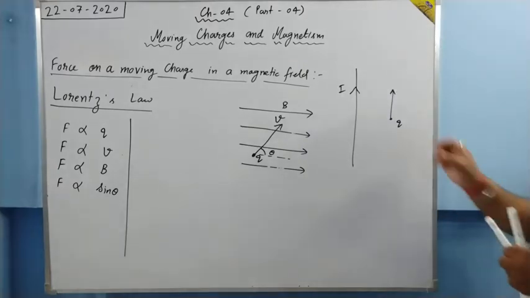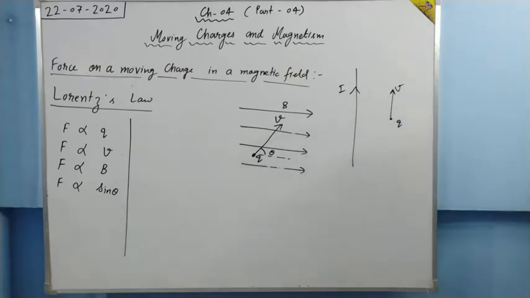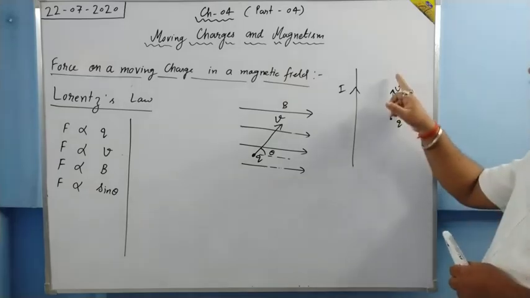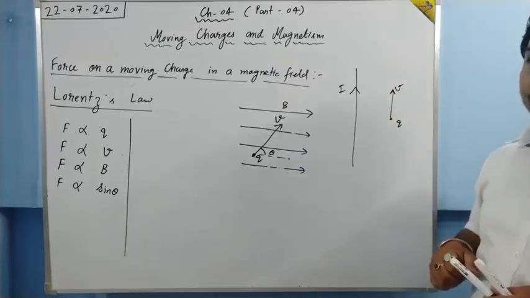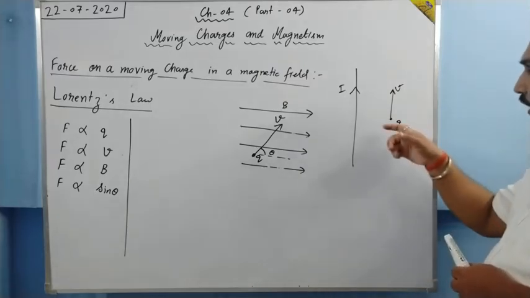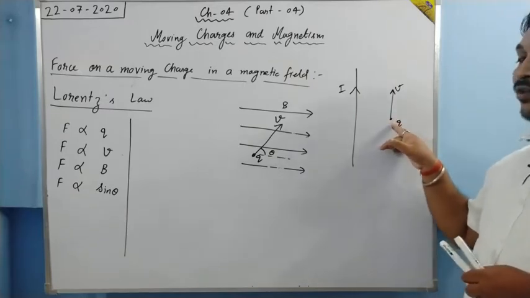Okay, suppose we hit the Q like this. What we have given? We have given Q a velocity. Now what we found is that this charge doesn't go in a straight line. It deviates. So when it deviates, what we observe is that there will be a force acting on the charge.